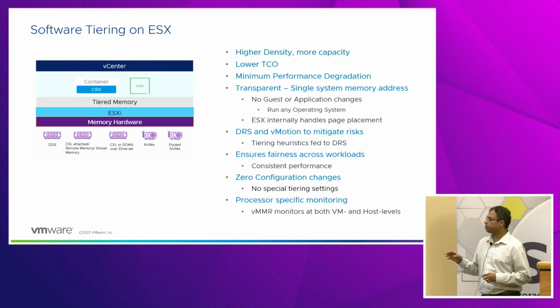The other thing we provide is minimum performance degradation, which means we add predictability through hot and cold page placements. Page placement is when you think about memory being divided into chunks, continuously being replaced and monitored for hotness or coldness, for activity. The hypervisor is in the best position to ensure that a particular VM has its performance needs satisfied. So we can ensure minimum performance degradation by actively monitoring and making sure that the page placements happen